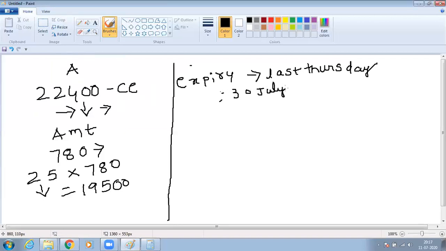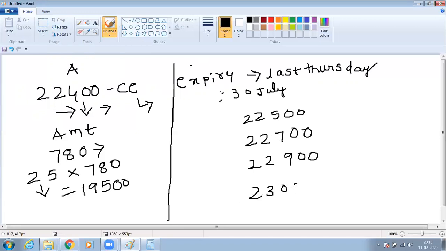30th July is expiry. I will tell you the purpose of expiry date. When you buy the 22,400 call option, suppose the market might end, we will see different prices at which it might have closed. Say on 30th July, Bank Nifty has closed at 22,500, or just this is assumption. These are the different prices, 22,900 or